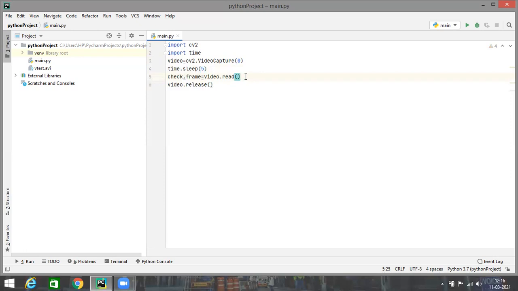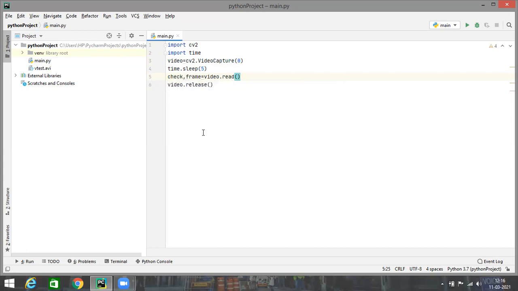So this much is the code. What we have done so far is we have imported the CV2 module. Then we have got a video capture object, so that it gives us an instance of the video capture device from where we want to read the video. It can either be your inbuilt webcam, or the external camera which is connected to your PC. After that, we have read the video with the help of the video.read method, which is available in the video capture. Okay. So we have two variables here. The first is check and another is frame.